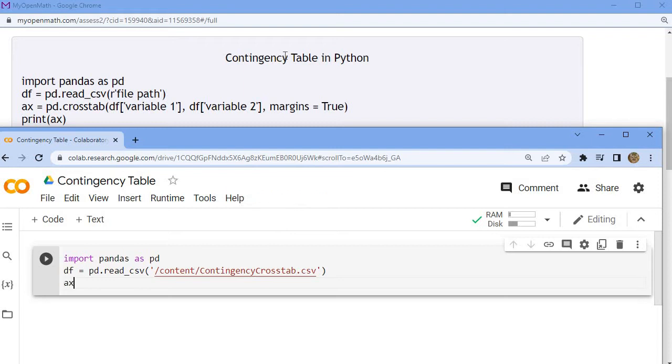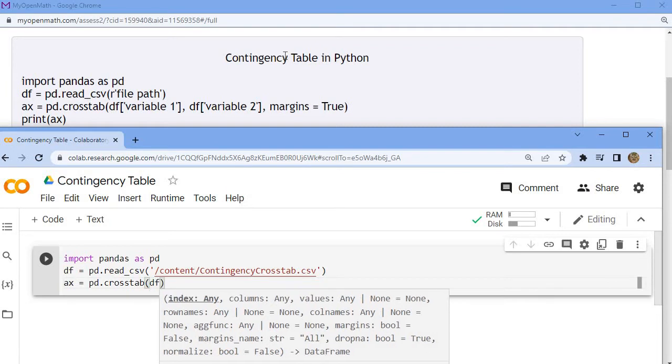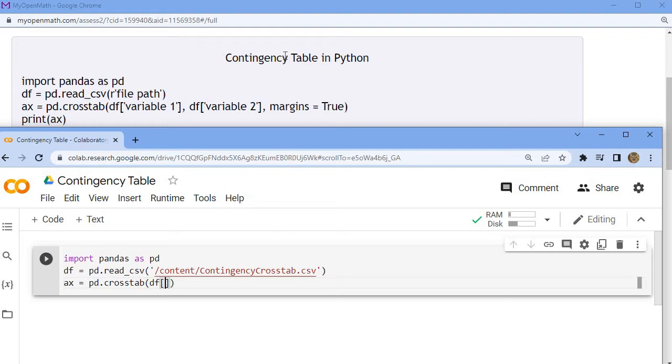So ax is going to be equal to pd dot crosstab, and then crosstab takes three parameters, actually, the two variables, and this last parameter I'm going to set margins equal to true. So the two variables are in the data frame df, and then I open a square bracket,